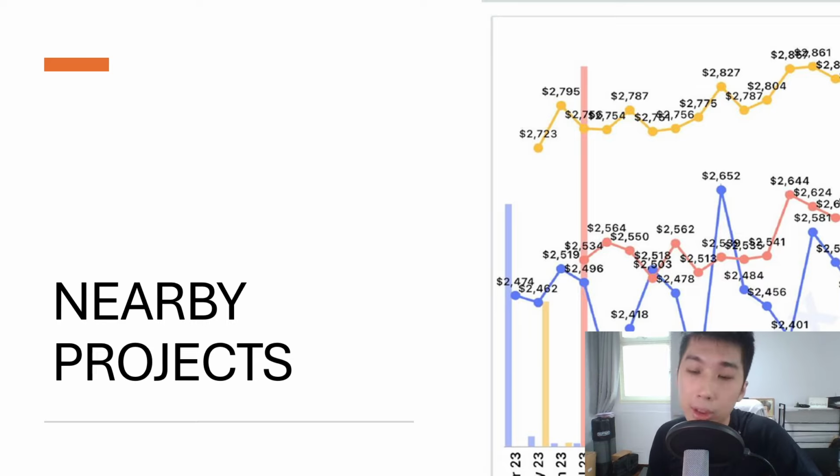more suitable for you. As for my personal take, I think Emerald of Katong is a pretty good project, especially because good developer, Simlian, opening weekend should launch quite well. No harmonization, floor plans quite healthy, and I've been to the show flat, I've seen the unit itself. To be frank, I don't think the finishes are the best, but that's what they're going for, right? They want to give you the size, they make everything suitable to your liking, and to me that's one of the things I like, when developers don't try to fluff up too much